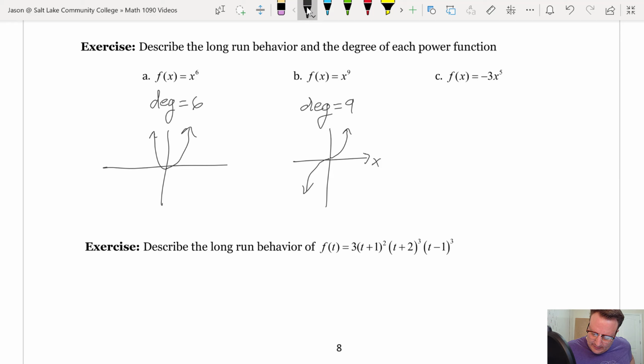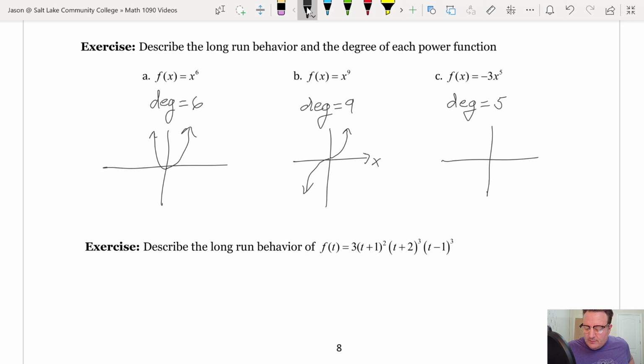Part C, this is a degree 5 polynomial or power function, and it has a negative coefficient. So this is just going to be the reflection of the previous one, essentially. Not as steep, though, because it's not as high of a power, but its end behavior will be something like this. As x goes to positive infinity, as we take